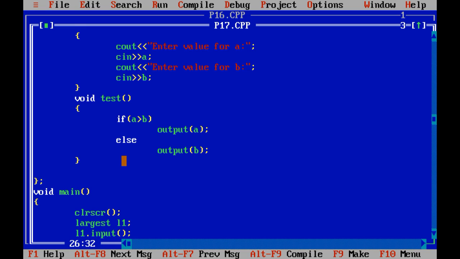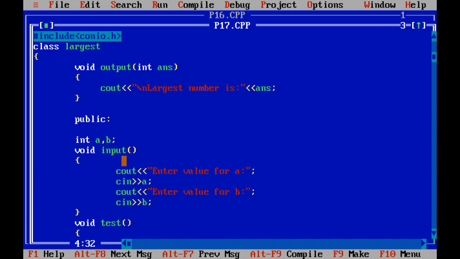What is the value of b? It is 6 in our case. So output and 6. Over here it will call the output function. The value of the answer variable would be 6, because we have passed it when we called the output function. It will print largest number is, and the value of answer is 6.